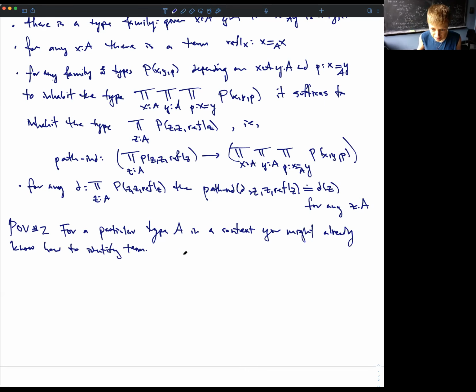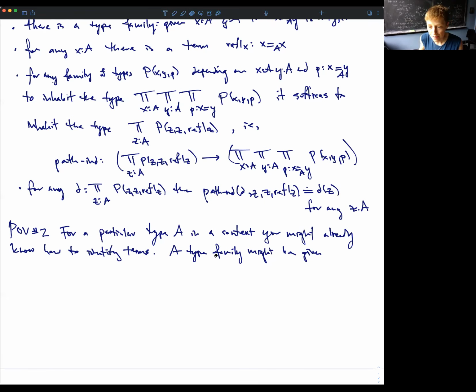And so terms. So in other words, a type might be given a type family that provides these desired identifications. So type, let me call it A, might be given, and the terminology that Egbert's used is an observational equality